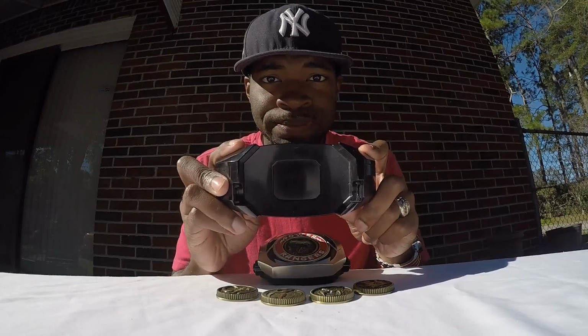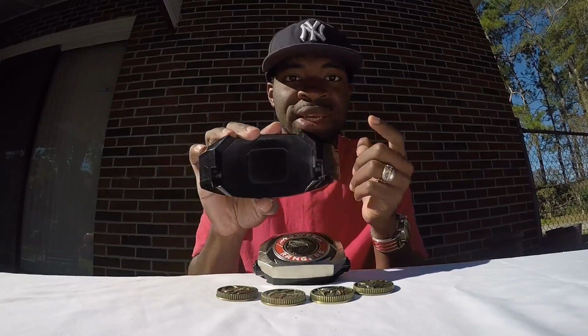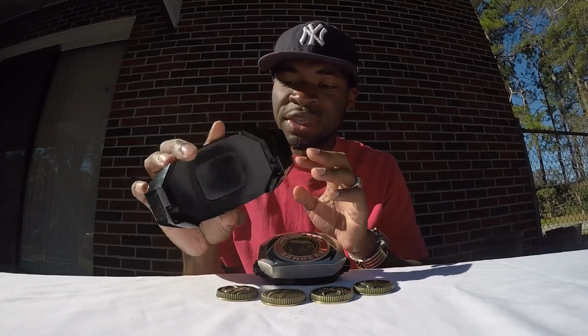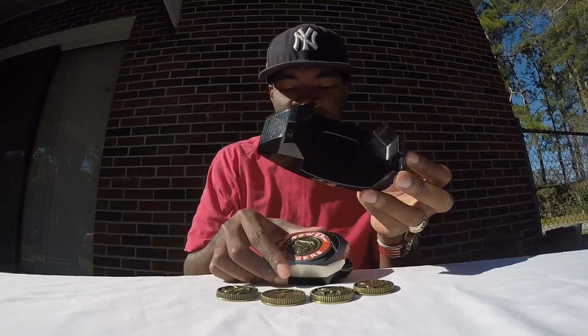The solution. This is the Power Morpher holder. Saban and Bandai really thought long and hard on how they were going to do this, and they have the solution for it, and it's exactly how it was in the show. I think how they held their Morphers, I think they actually had clips behind their belts. So how this would go in is,